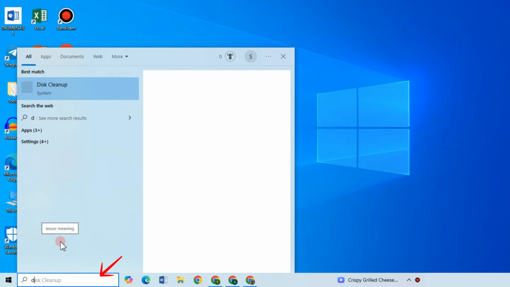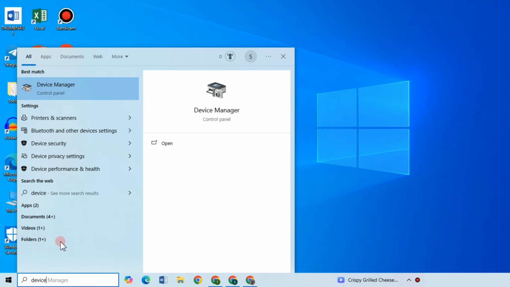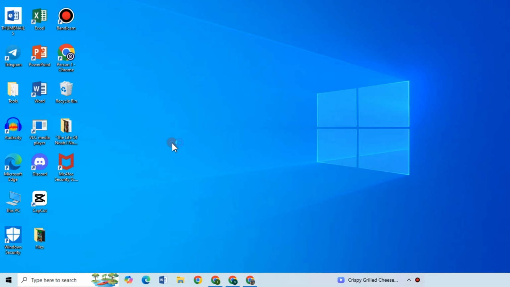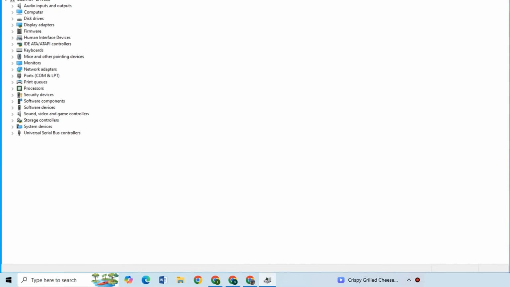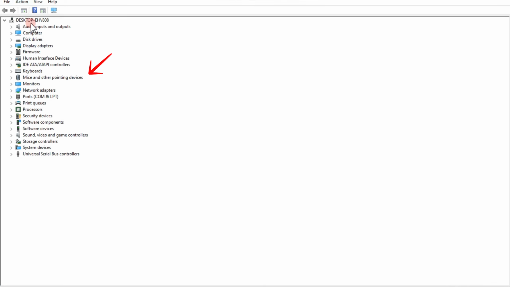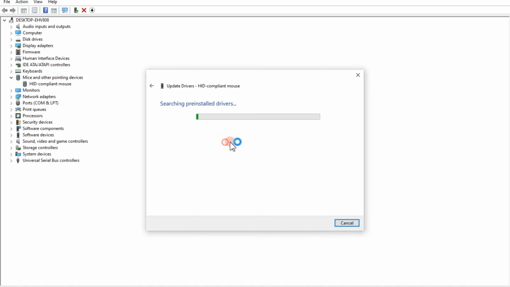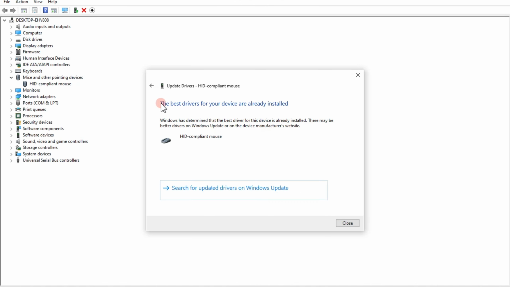So first and foremost, you have to go to your search menu and then look for Device Manager. Click open, and then here what you're going to do next is locate or find Mice and other pointing devices. Double tap, locate your mouse right here, right click, and then you should see this Update driver right here. You have to click this and make sure that you're using the latest or updated version